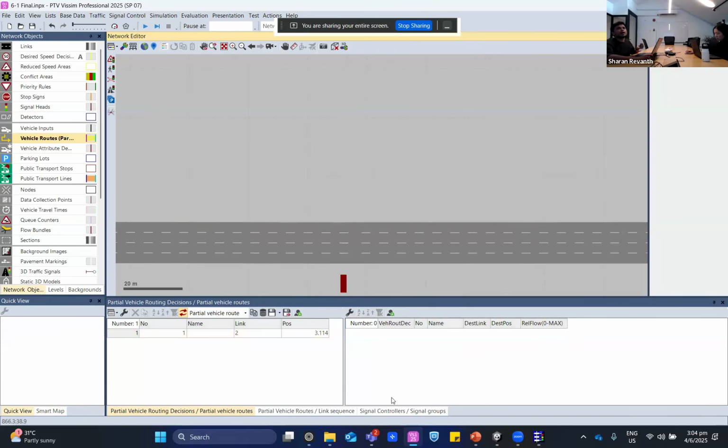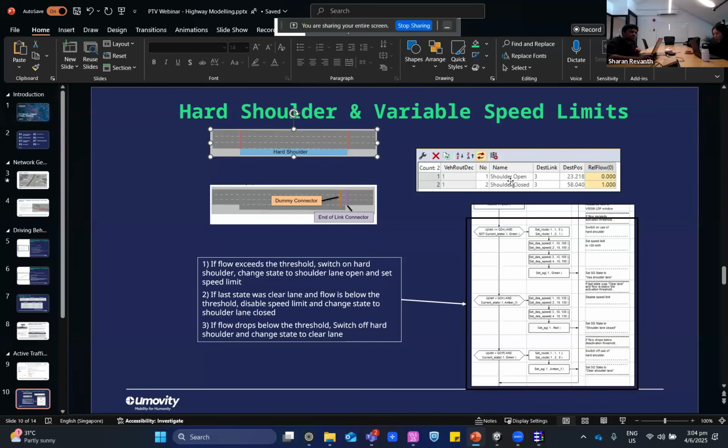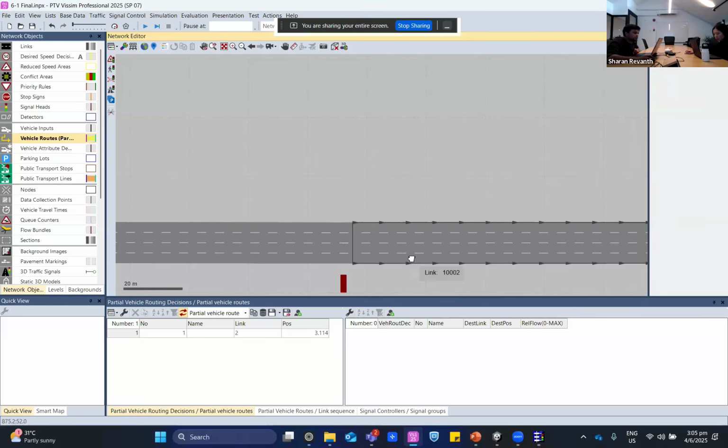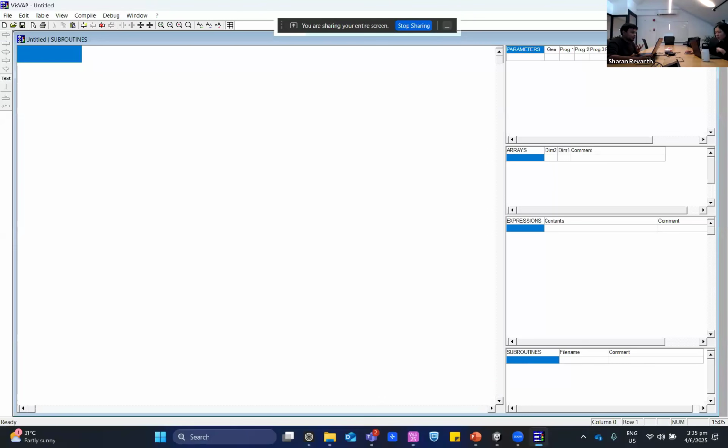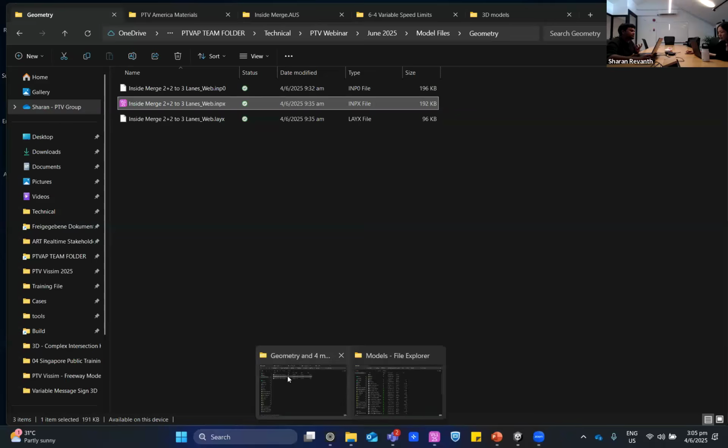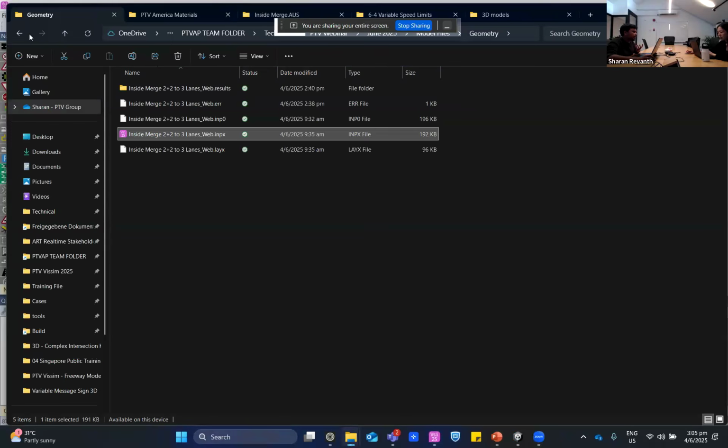Now we have to write a condition to make sure when a particular route needs to be activated. If you see the presentation, there are two different conditions: one is shoulder open, and the other is shoulder closed. For these things to be calculated, we need to write a VISVAP file. So let me go back,